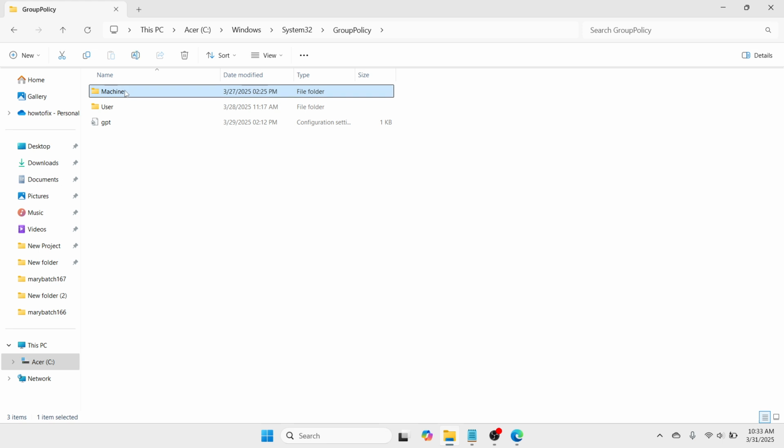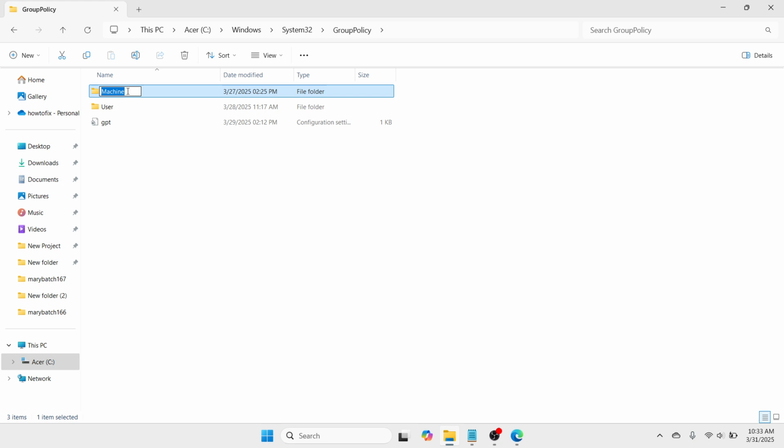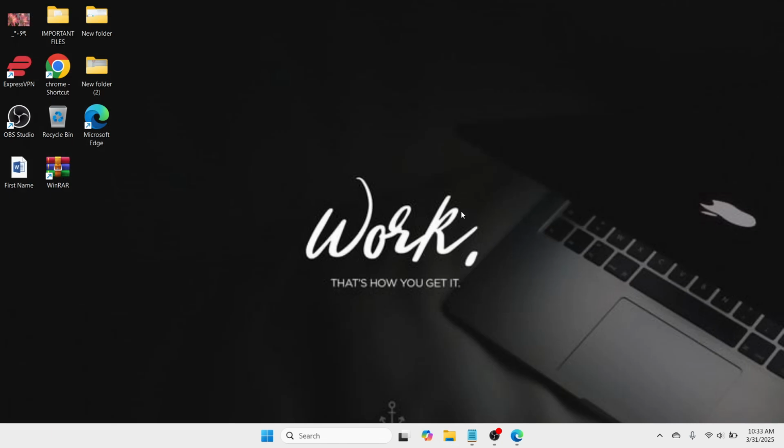Here you need to proceed on machine and you need to rename that by adding an extension which is .alt. So please do a right click and click this rename icon and rename that into .alt. And once you have renamed it, please press enter. And once you have set machine.alt as the name of this file folder, please close this window and restart